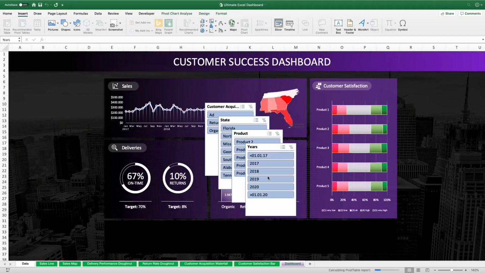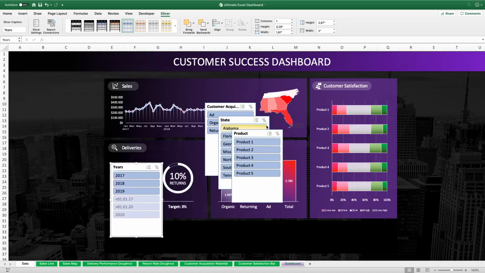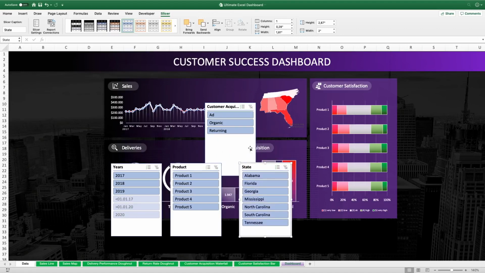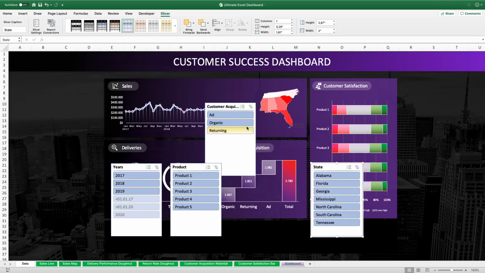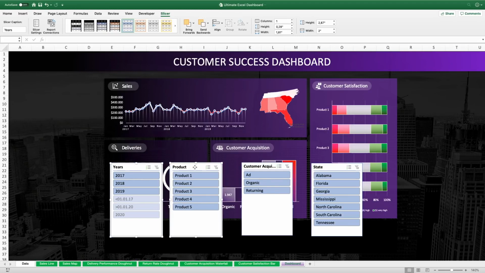These are the 4 slicers that we want to have, and there they are. Not really beautiful, right? Anyway, let's put them next to each other so that we can have a good look at them. Now the first thing to do is select all 4 slicers